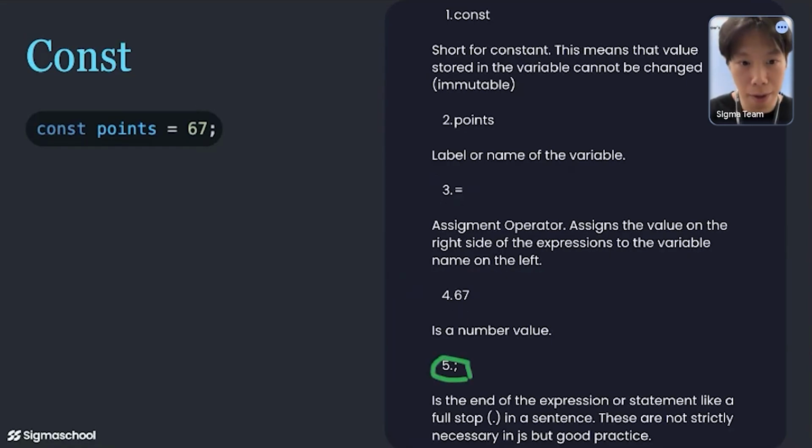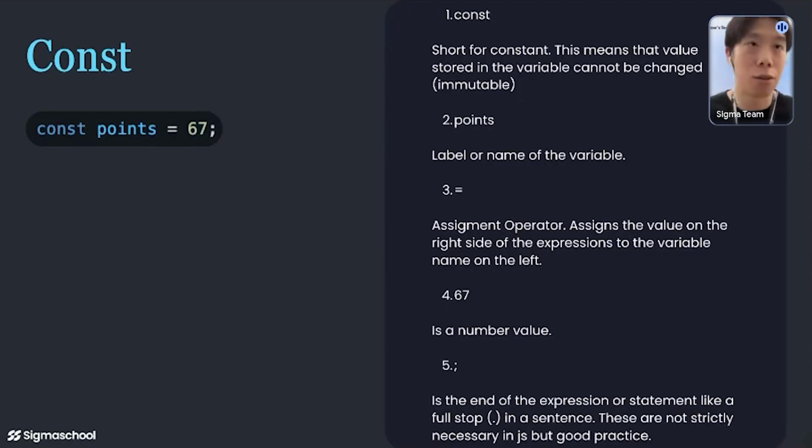And this semicolon, sorry, it's basically like punctuation in a sentence when you're writing. I think Ramesh would know, whenever you finish a sentence or an essay, you always have to add a full stop, or else people don't know when it ends. That is basically the same in coding. That is what tells JavaScript, okay, this is the end of your code. So we only take in whatever is before that, which is 67, right? So let's say punctuation, that's correct.